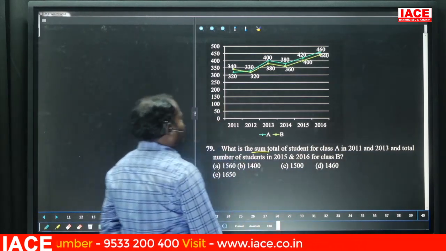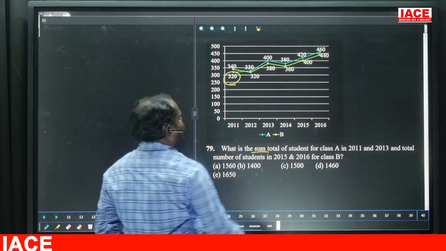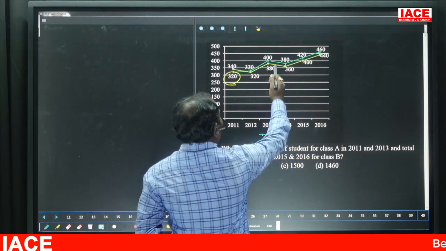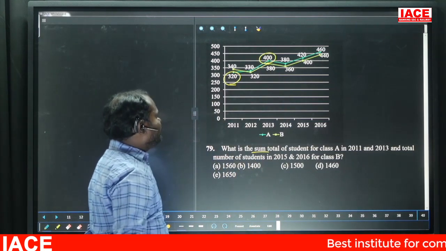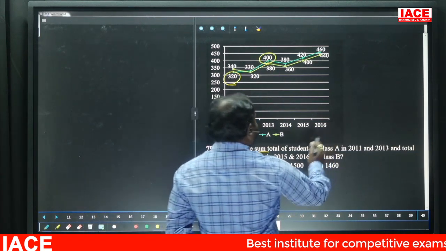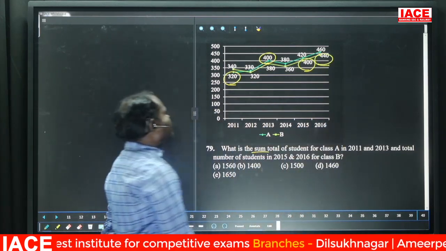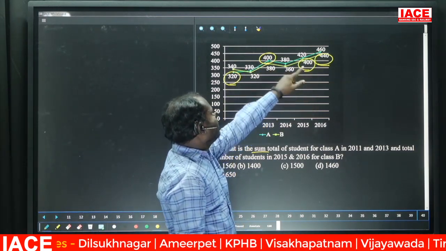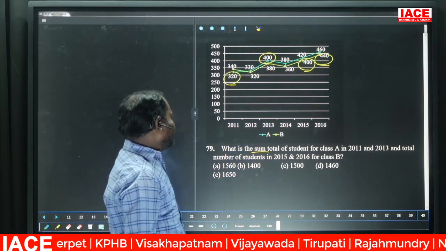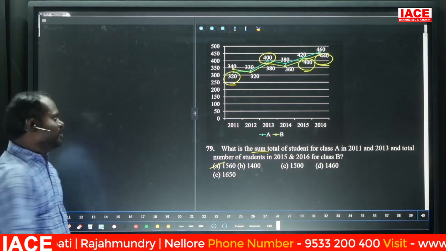A 2011 is 320, 2013 is 400, and B 2015 and 2016. This total is asked, so just add that: 3 plus 4 is 7, plus 4 is 11, plus 4 is 15, 1540 plus 20, 1560. 1560. Next,